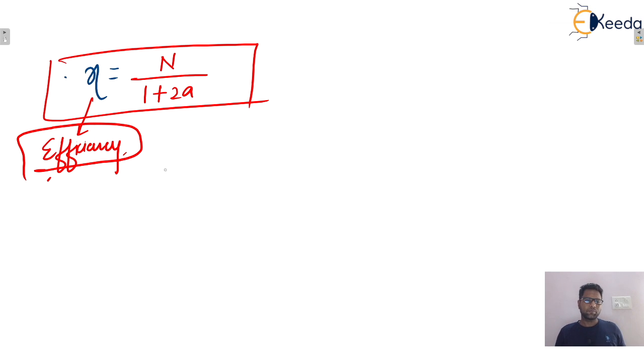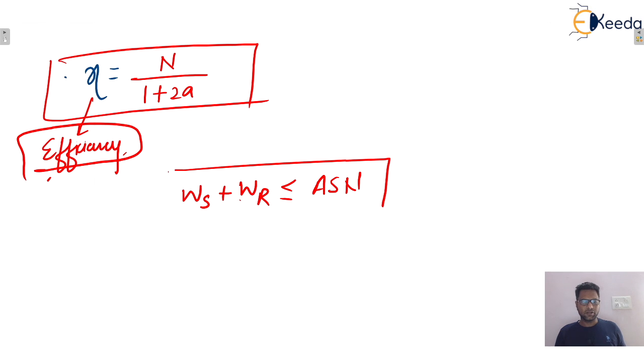Now you tell me how many sequence numbers will be required. Sender window size plus receiver window size is always less than or equal to the available sequence numbers. I already told you this.